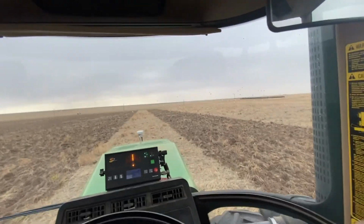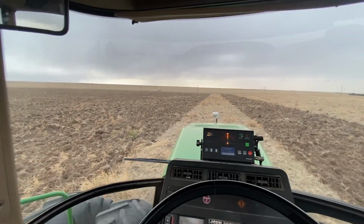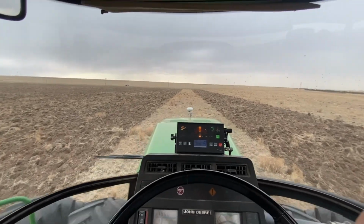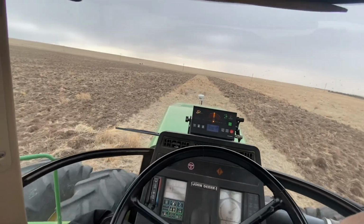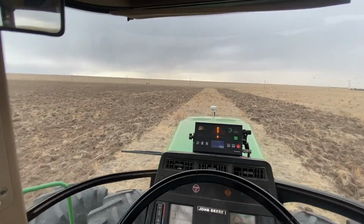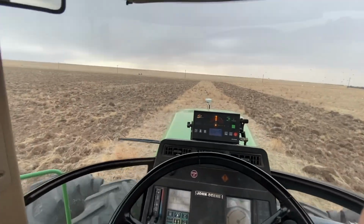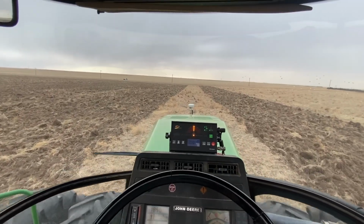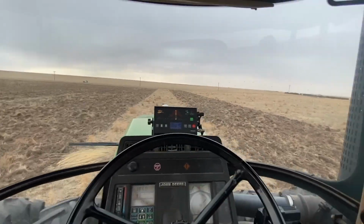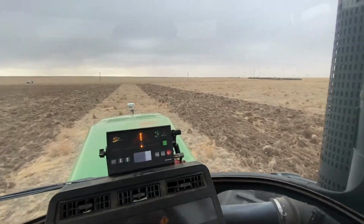But once I get to this end, I'm gonna go park across the road at the pickup. Not because it's sprinkling and a few snowflakes, but because it's 3:30-ish. I still need to pack stuff up to head to Laramie, so. And I got homework to finish last minute, but once I get to this side, I'm gonna call it good, let the tractor cool off a little bit,